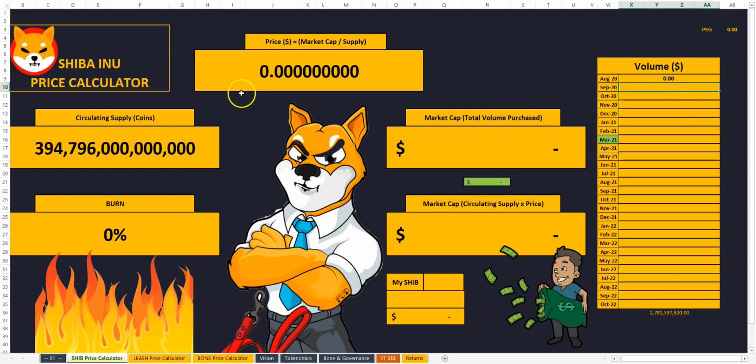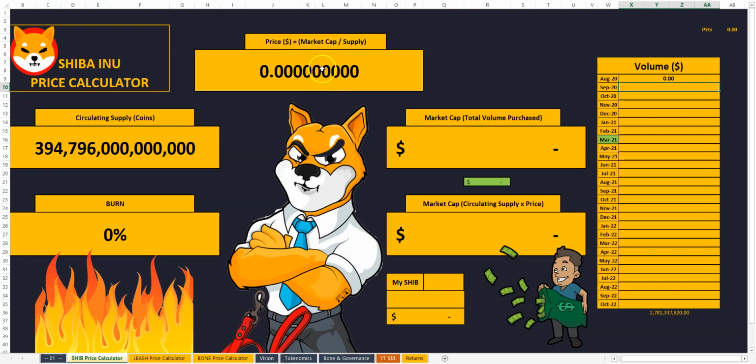Okay, so this is the Shiba Inu price calculator. On this side, this is where I can put in the volume every time we purchase. That contributes to the volume, and that's going to contribute to the market cap. Okay, before I continue,